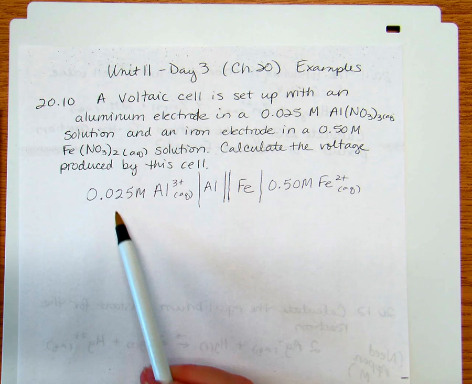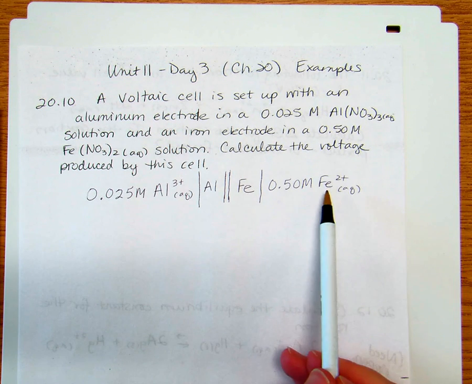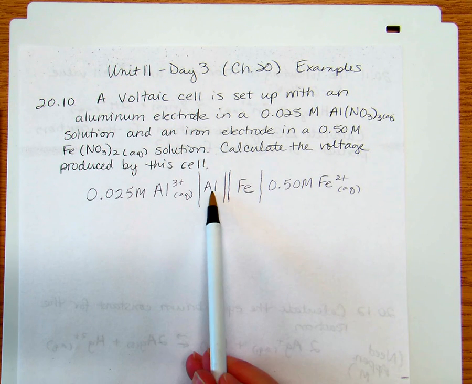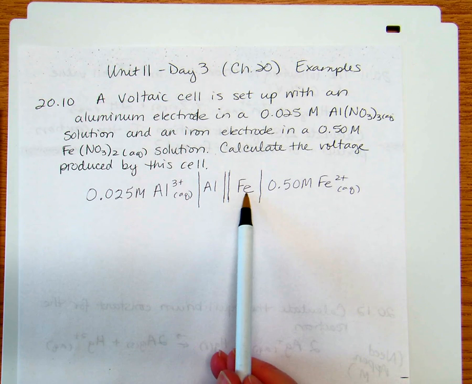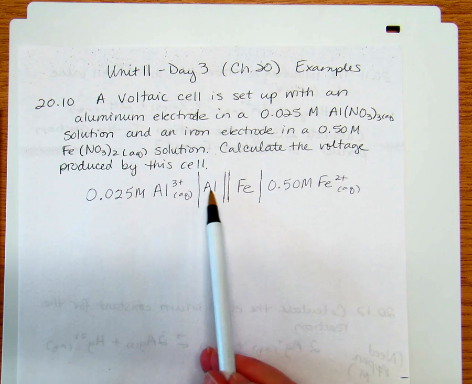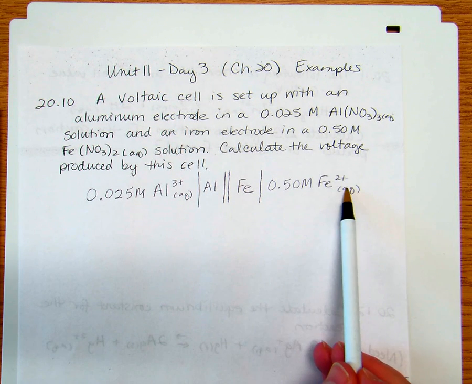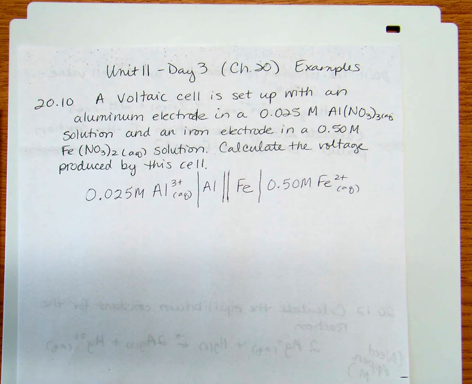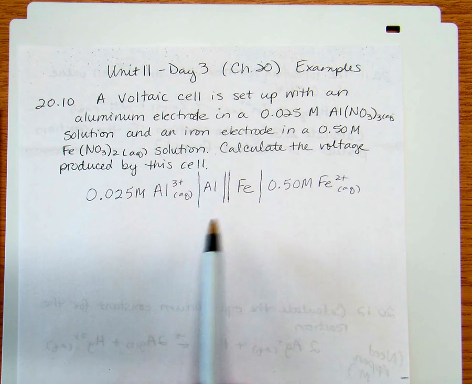And you don't really know yet which one's oxidation, which one's reduction. That doesn't really matter, but just notice that you've got the aluminum and the iron, and then the aluminum ion solution and the iron ion solution. So that's the typical way cells are written on paper to kind of visualize everything that's